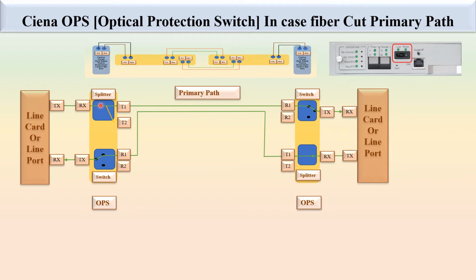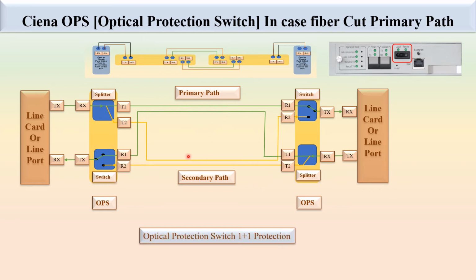Now the second signal, the same signal, is going from T2 and it is connected to the R2, and this is going through a different path. In the same way, at the far end this T2 is connected to the R2, and this combination of this T2 R2 and this T2 R2 is known as a secondary path. So this T1 signal goes to R1 and this T1 signal goes to this R1. So this goes through the same path. This is known as the primary path and this is the secondary path.